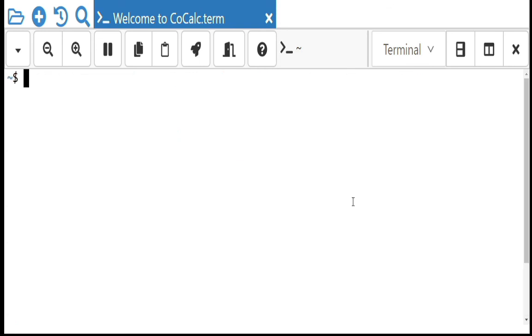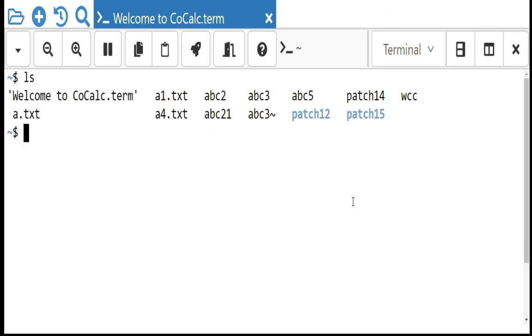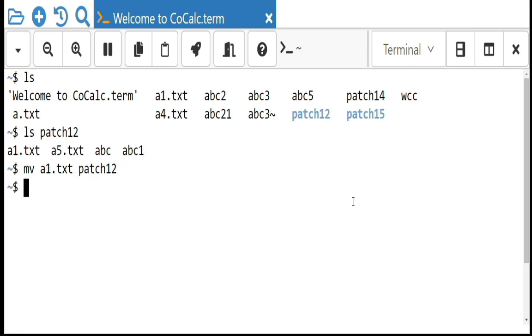Now check here, ls a1.txt is there, and ls patch 1 2, we will check, a1.txt is there also. Now I want to move a1.txt to the patch 1 2. Okay, it is moved.